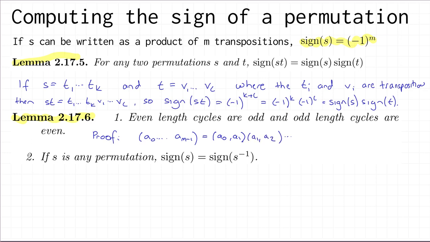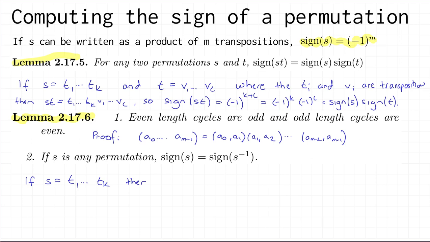So we saw this in the last video. So you can write your m-cycle using m minus 1 transpositions, and of course if m is odd, then m minus 1 is even, and if m is even, then m minus 1 is odd. So that's all you need to prove the first part. And for the second part, if S is any permutation, then the sign of S and the sign of the inverse of S are the same, and the reason for that is that if you write S as a product of transpositions, just as we did above,